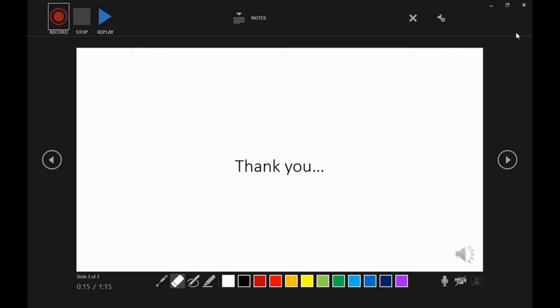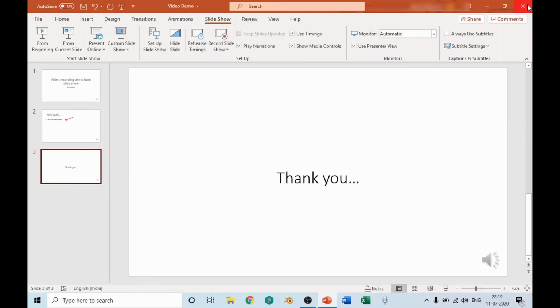You have to close the window, so for that you have to refer to the top right corner close button. Okay, remember, never click the clear existing recording button after the video slideshow has been recorded and stopped. So click on the close button at the top right corner of the window, right? I'll close it.